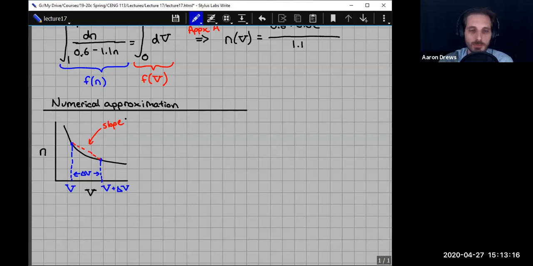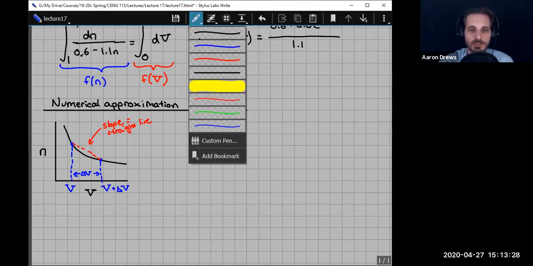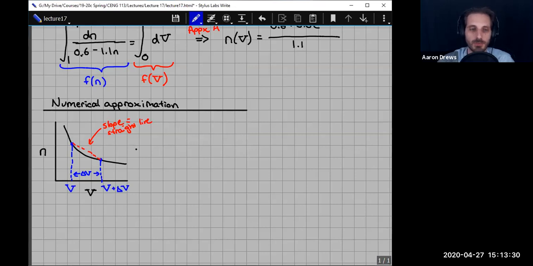So I'm going to assume that that slope is a straight line. Remember that slope is the derivative, right? If we were allowed to let this delta v get infinitely small, then the slope becomes the derivative at that point. So if we want to approximate dn dv